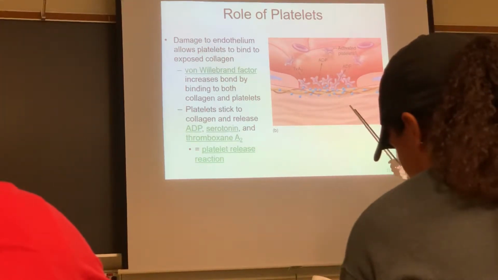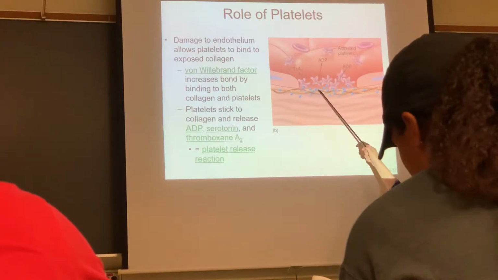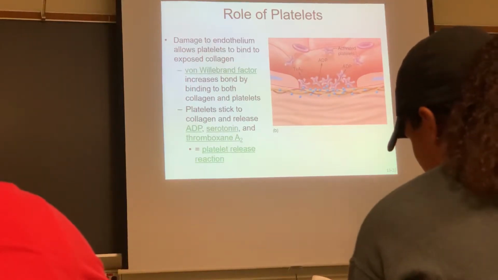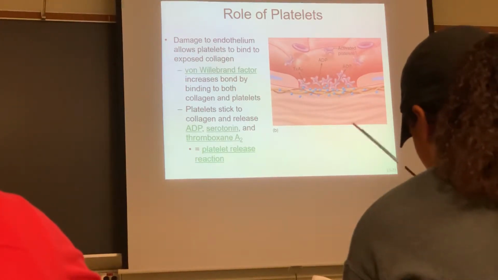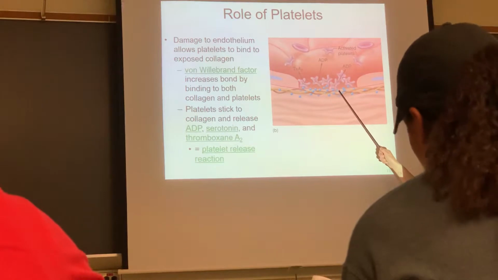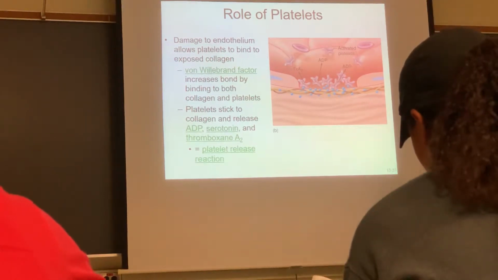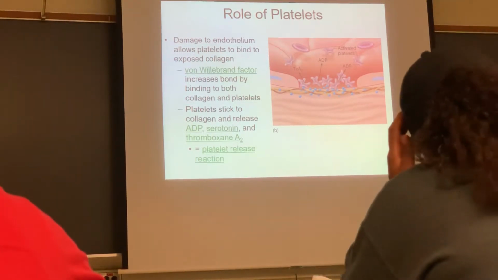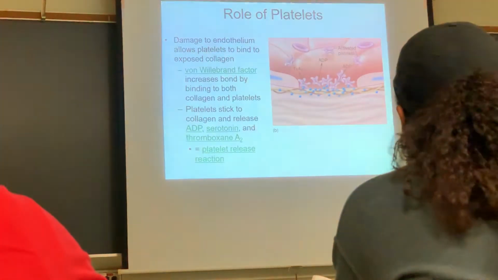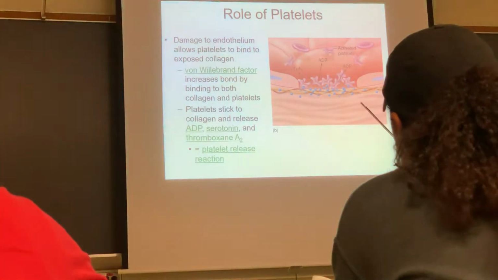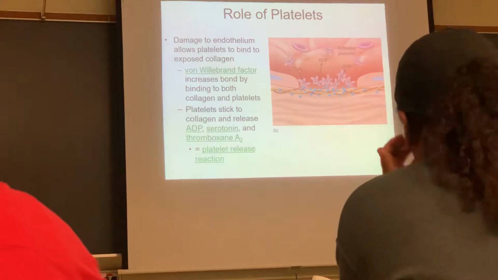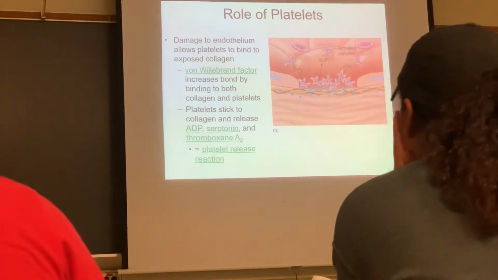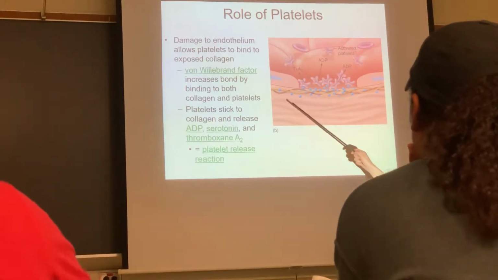So what happens is the platelets are attracted to the collagen that's in the connective tissue, and they become active. They bind to the exposed collagen by something that I think of as double-sided tape. It's called von Willebrand factor. Von Willebrand factor will stick to the platelet and stick to the collagen, so it basically holds it in place. And then when this happens, it increases the bond